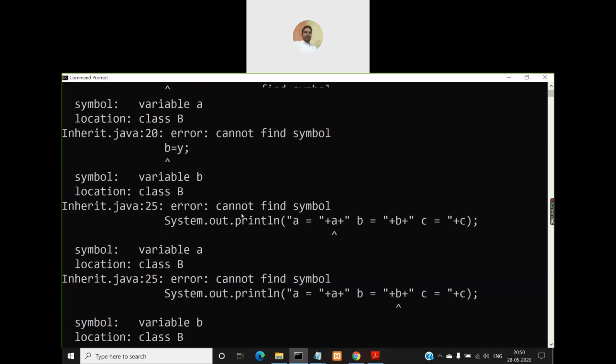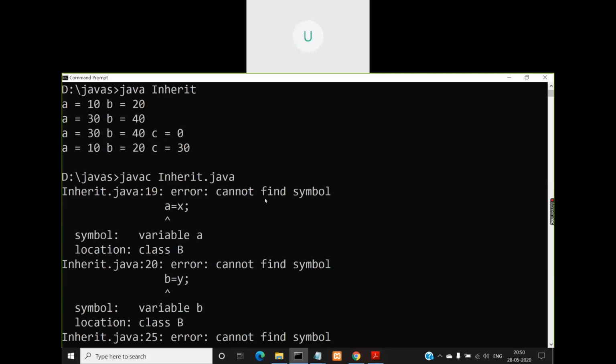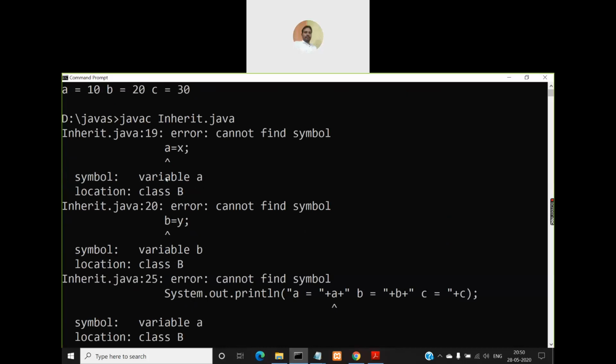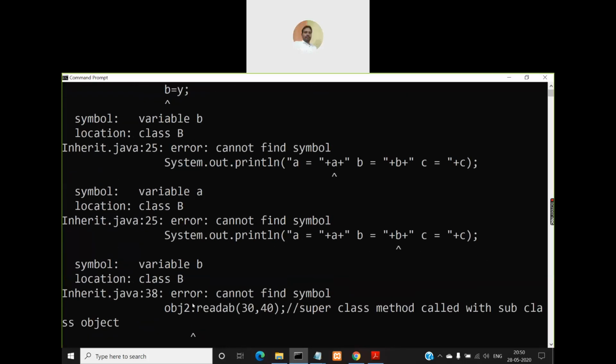See, cannot find symbol, a is equal to x, b is equal to y. All these errors you are getting because all those members will not be members of class B.